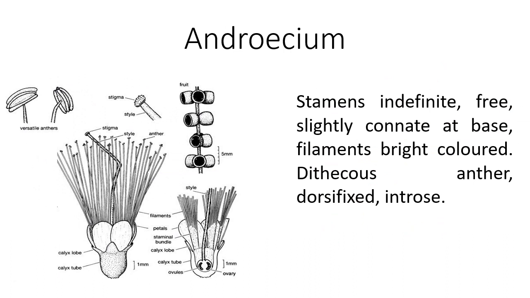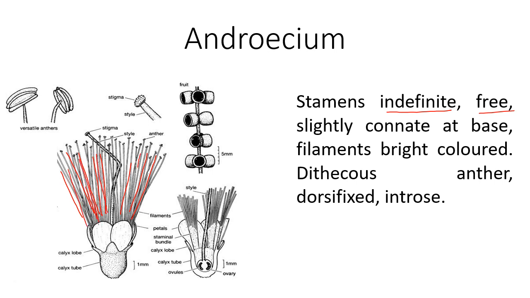So here Androecium or Androecia are shown. All these are there. They are multiple in number. Let's see about the description. Stamens are indefinite in number. So this number is not fixed. In every flower this number is different, and that's why this is called as indefinite in number. They are free. So every stamen is free